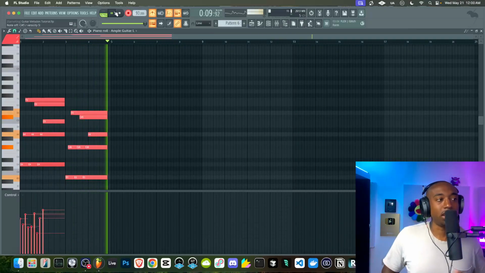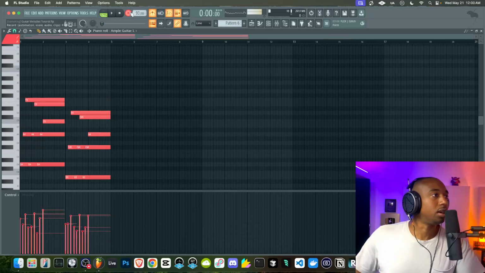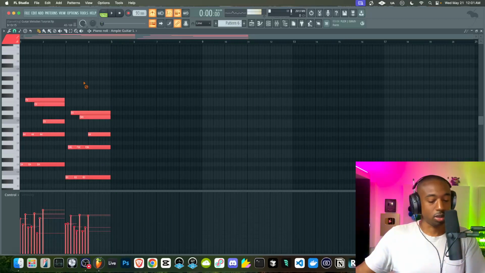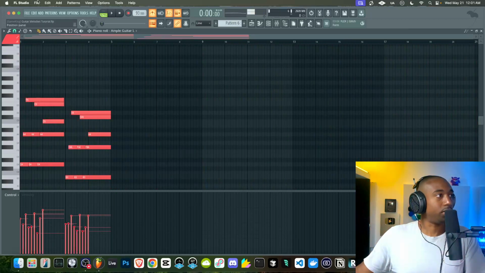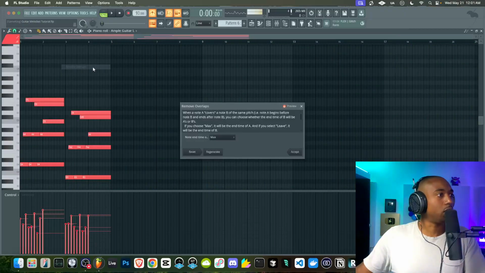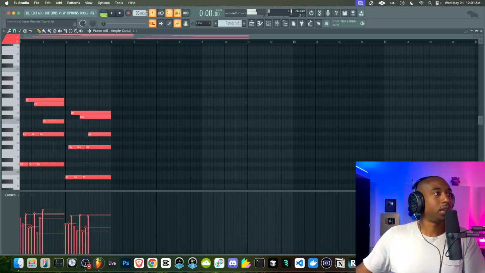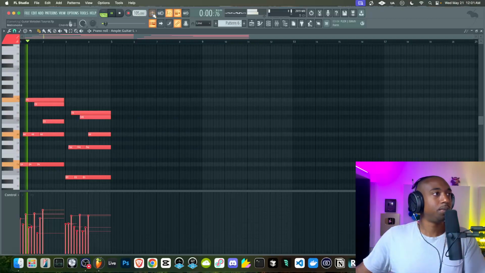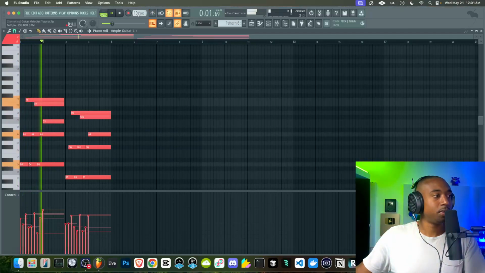See how we're just playing a chord, but just spread out over time. That is the key. Now I'm playing a little bit slowly here, to be fair. Let's quantize this and remove overlaps. Let's up the BPM a little bit. Like if we're going Gunna, we might speed this up.